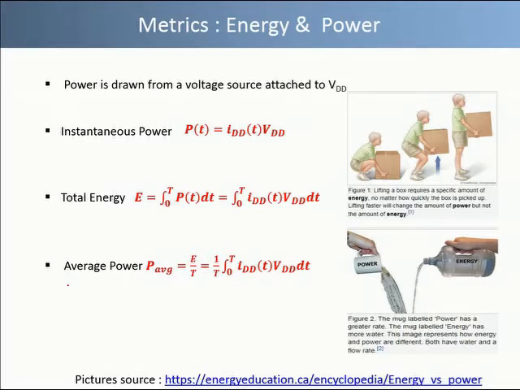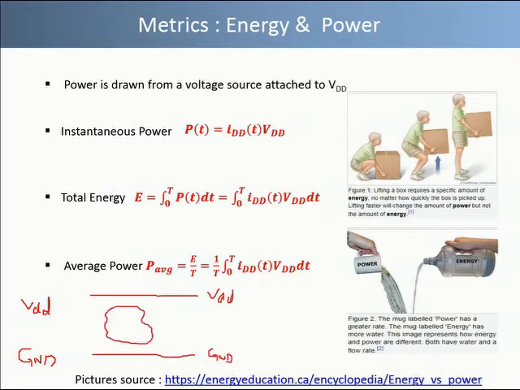Generally in all digital VLSI design, we assume that the highest potential is VDD, which is the supply voltage, and the lowest potential is typically 0 volts or ground. And from the layout point of view, we have two kinds of rails. One is the VDD rail and the other one is the ground rail, and in between these two rails we have all circuit components, and the signals coming from these two rails are distributed throughout the chip to different components.